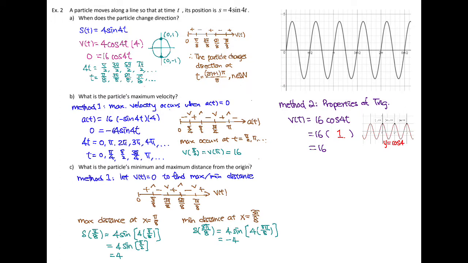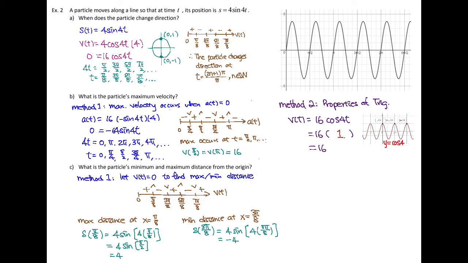Part C, we want to find the particle's minimum and maximum distance from the origin. Method 1, we're going to use differentiation. Let the velocity equal 0 to find the critical points, and then we put them on the number line to check the positive and negative intervals